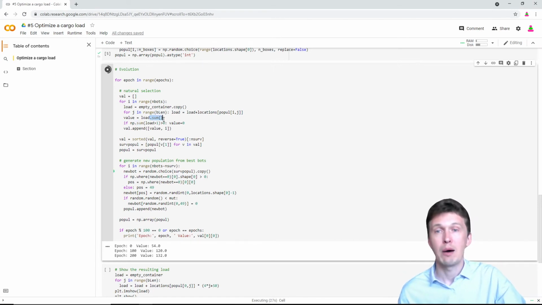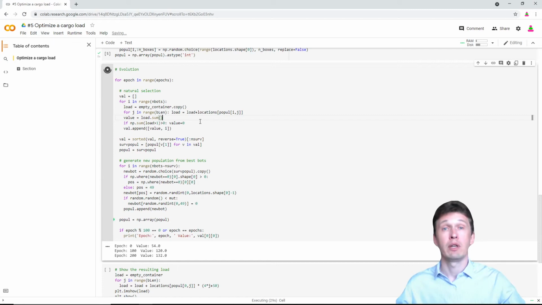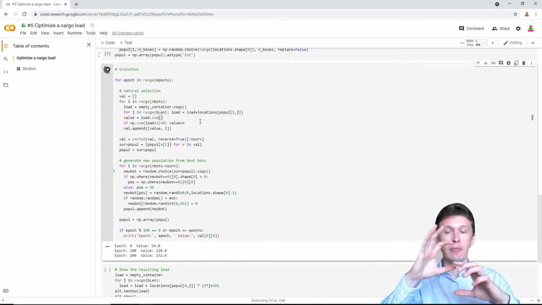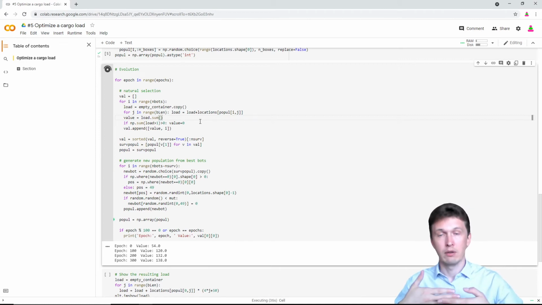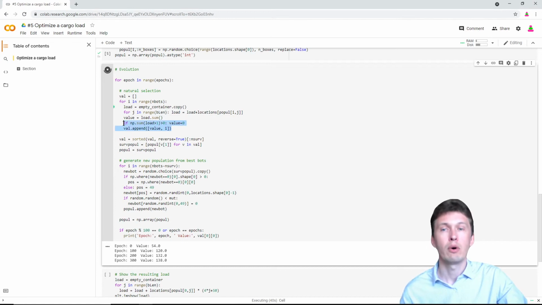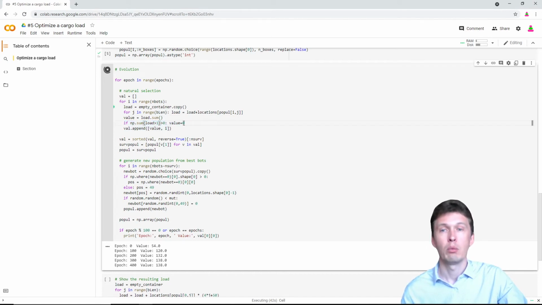We sum up all the boxes, all the ones. And if boxes overlap, instead of 1 we will get 2 or 3 or 4, 5, depending on how many boxes are overlapping. So if the bot generates this overlapping, we evaluate it as 0, a low estimation.